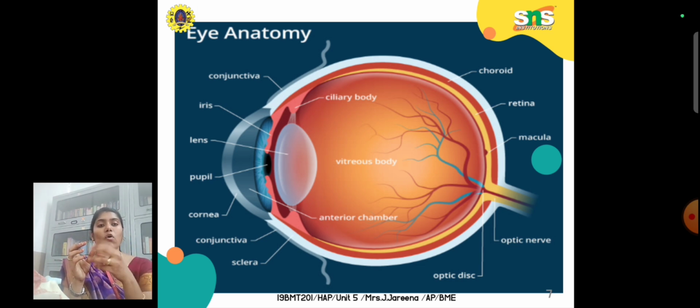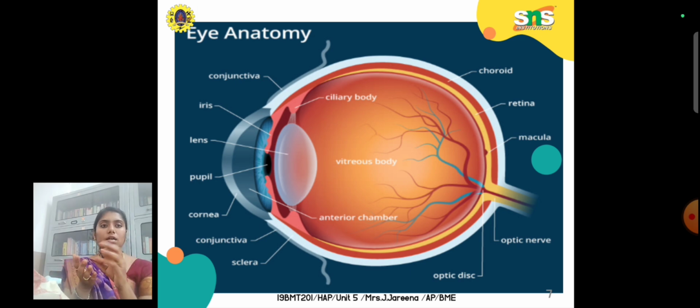If the light falls on the point where people lose their vision, that is called the blind spot. That point is where the optic nerve starts. The reason is that the blind spot is a point which doesn't contain rods or cones. That is the main important difference between the blind spot and the macula. The macula contains the cones, and the blind spot doesn't contain any photoreceptor. So when light rays fall on that particular point, the person will not be able to see anything.